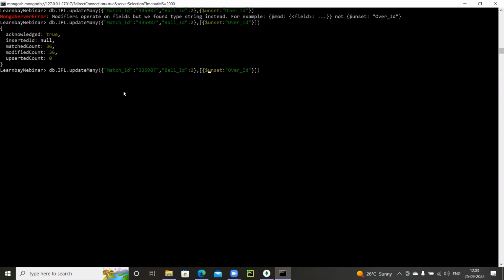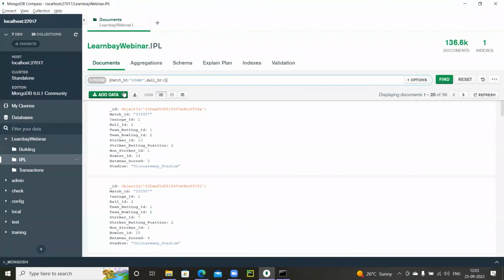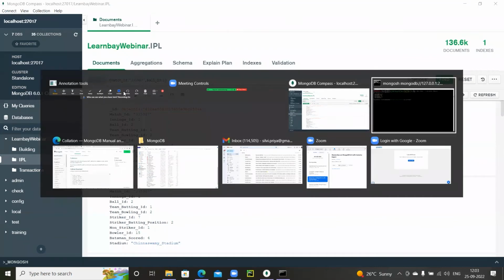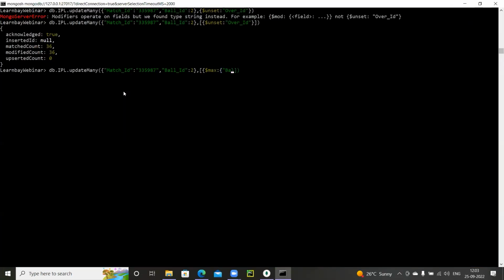Now what I'm going to do here is I'm going to write $max, and inside which I'm going to write batsman. We have a batsman score field. So I'm going to write batsman underscore scored